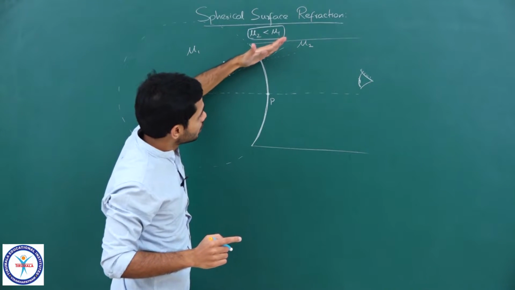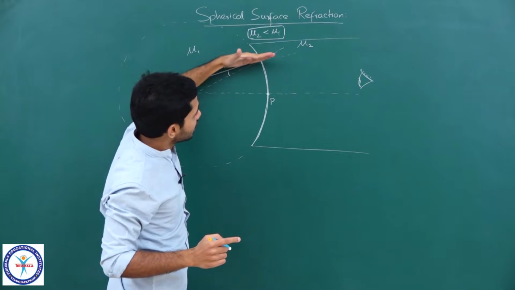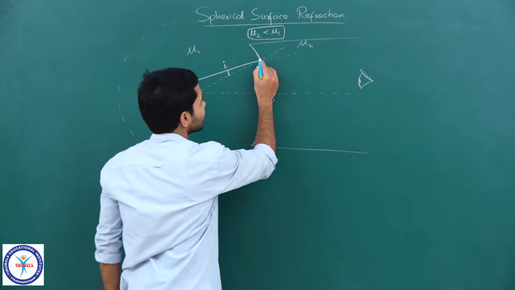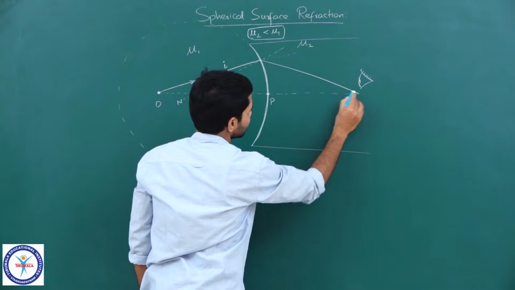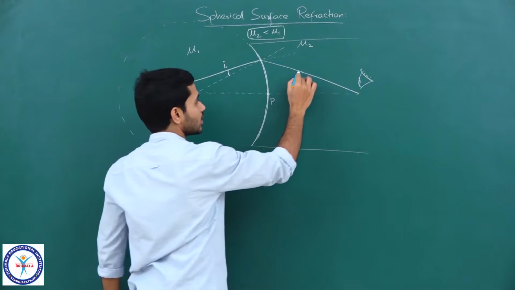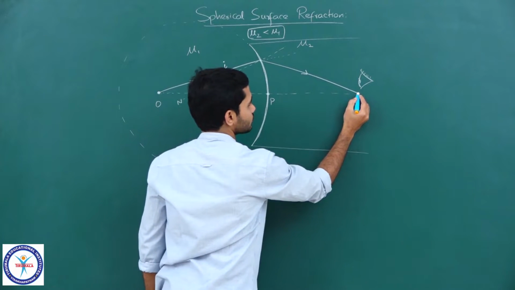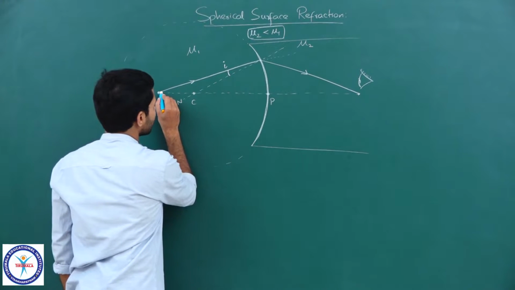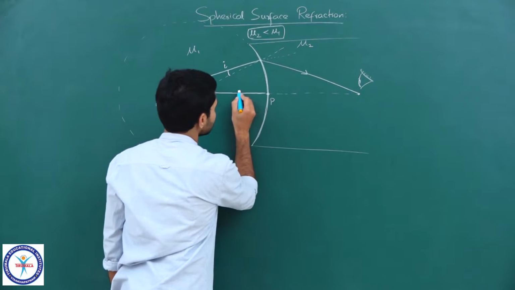So, this is the normal, this is the initial light ray's direction. So, it moves away from the normal. So, it bends like this. Eventually we can say that this light ray travels like this, and let us consider that it meets somewhere over here. If I consider one more light ray like this,